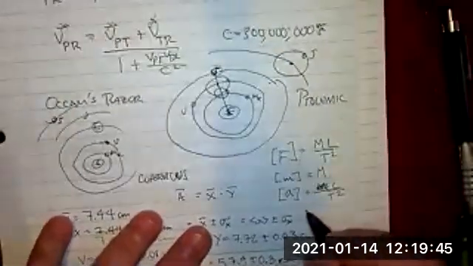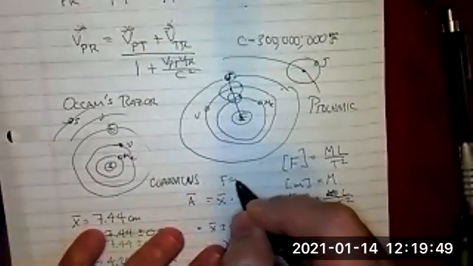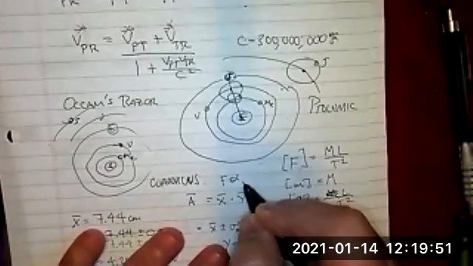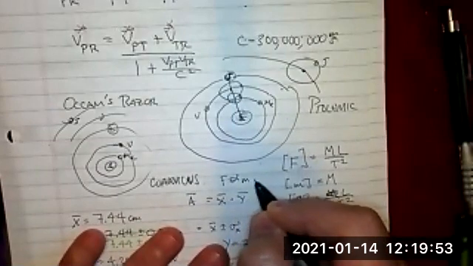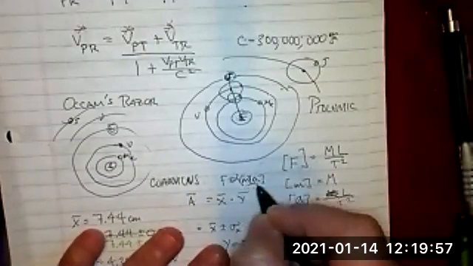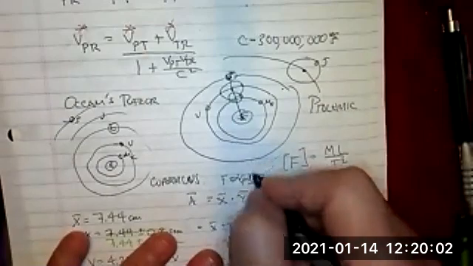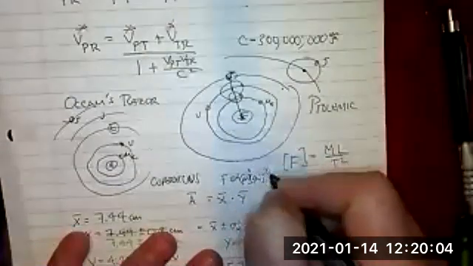Then I could say, well, F should be proportional to mass and proportional to acceleration, meaning the larger the mass, the larger the force, and the larger the acceleration, the larger the force. So maybe I raise this one to the x power and I raise this one to the y power